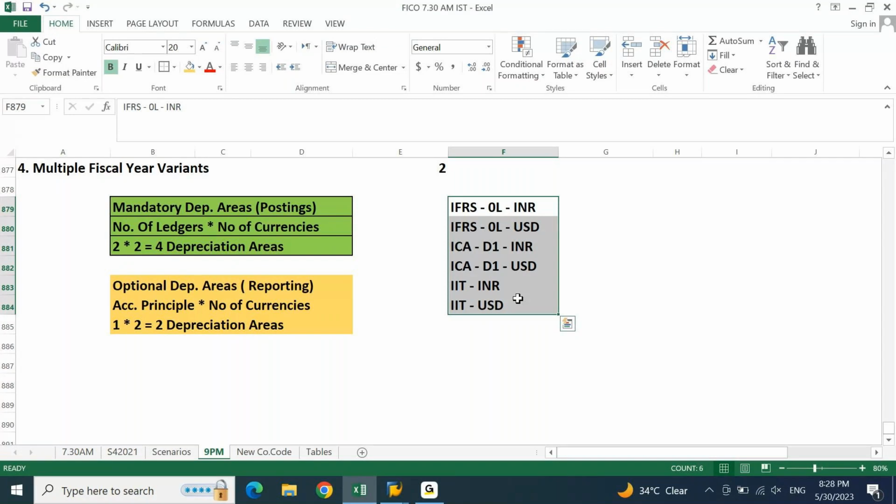You are going to prepare the TB, P&L, balance sheet or any financial statement report only for the Indian Companies Act. So wherever you have a reporting requirement, which means an external reporting or financial reporting requirement, at that level you are going to create a ledger. Now the Indian Income Tax Act you are going to use only for fixed asset purposes.